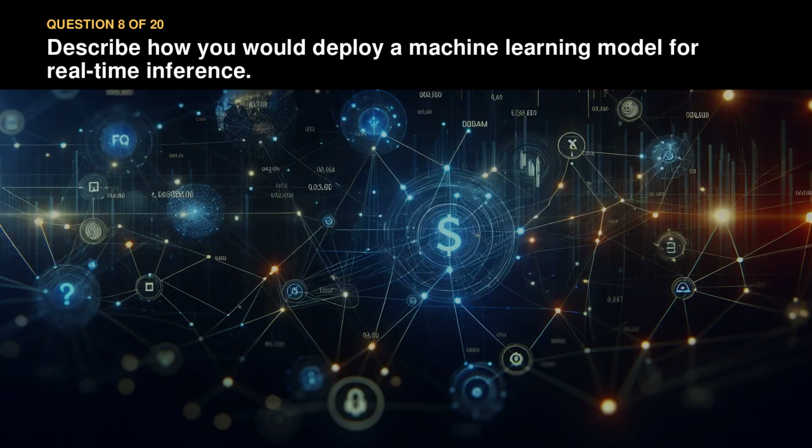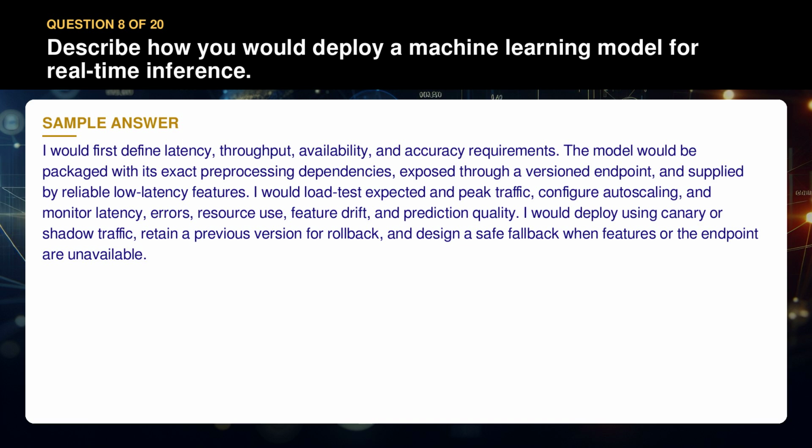Question 8. Describe how you would deploy a machine learning model for real-time inference. I would first define latency, throughput, availability, and accuracy requirements. The model would be packaged with its exact preprocessing dependencies, exposed through a versioned endpoint, and supplied by reliable low-latency features. I would load test expected and peak traffic, configure autoscaling, and monitor latency, errors, resource use, feature drift, and